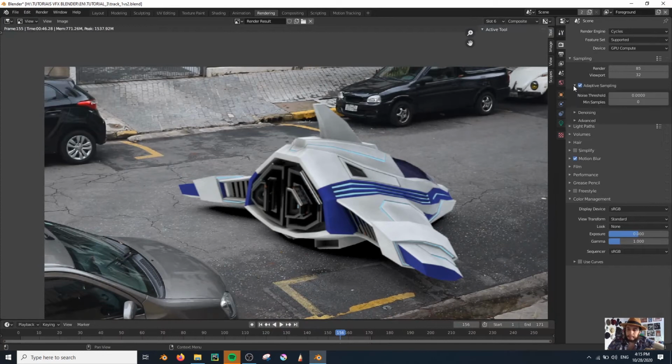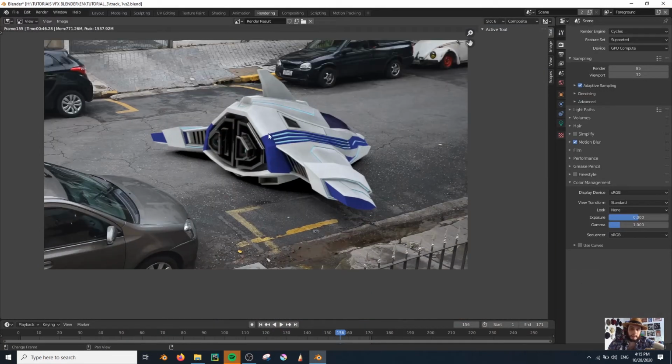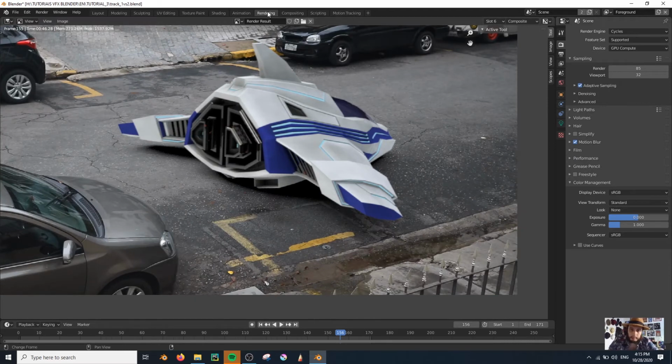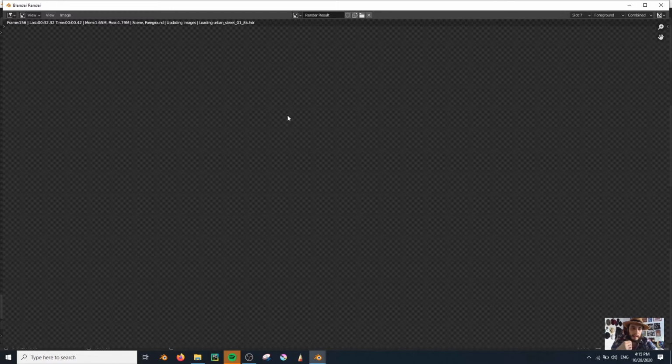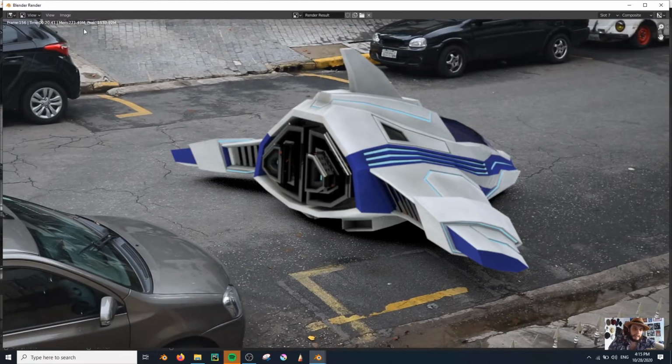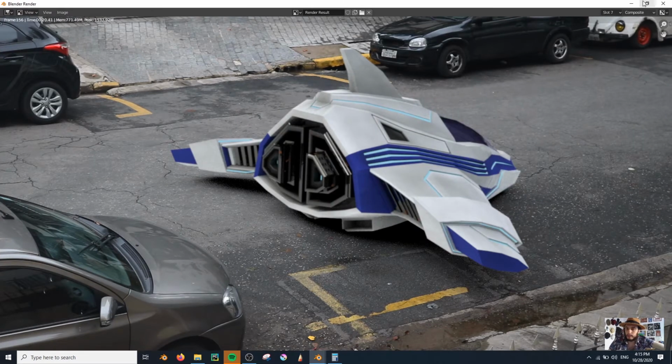Turn on adaptive sampling if you have that option over here. If you don't, use the newest version of Blender, because adaptive sampling, again, I'm gonna do another comparison with adaptive sampling enabled, and let's see how fast that goes. Yeah, that rendered 10 seconds faster, and that might not feel like much, but we do have here a